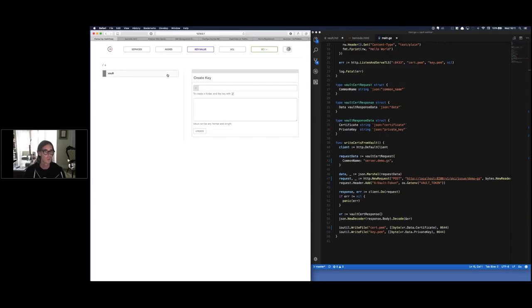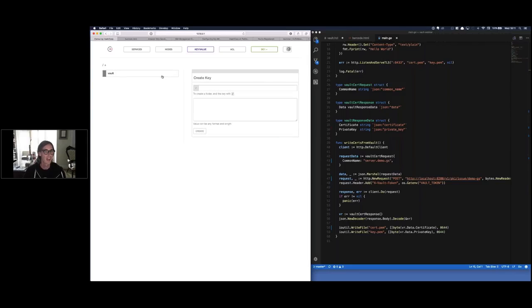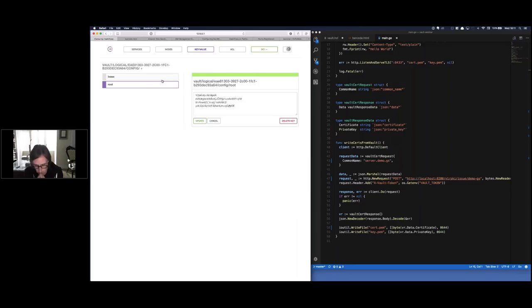So Vault stores a different database for every backend. And one of these in here will have the data that I'm looking for. But basically, if you have a look, you can see that all of the data in the backend store there is encrypted. None of the data is stored in plain text,